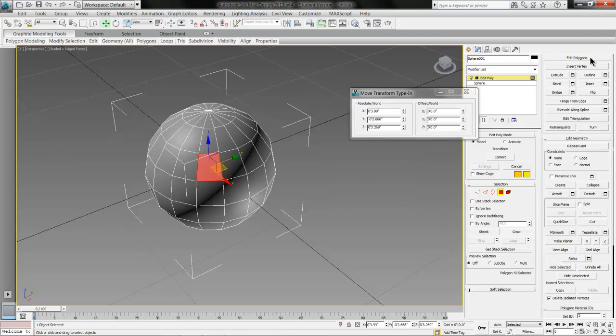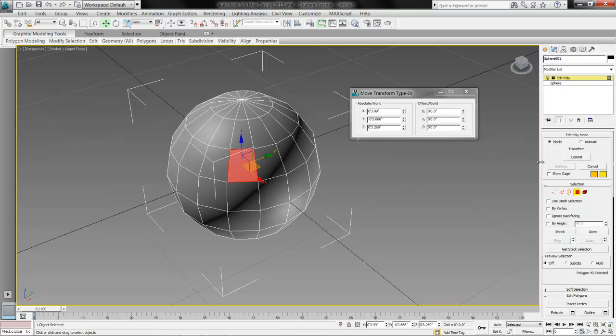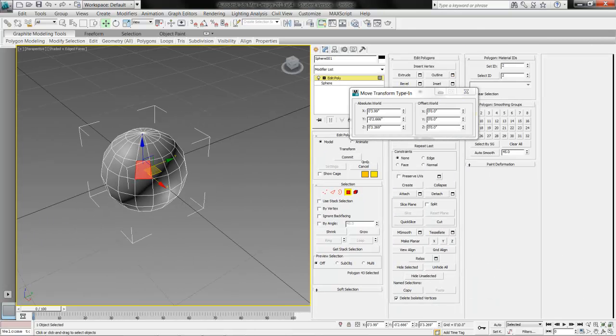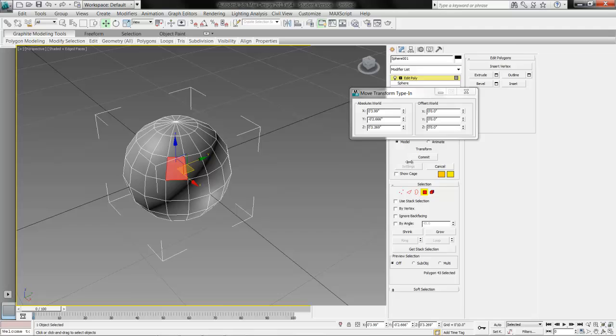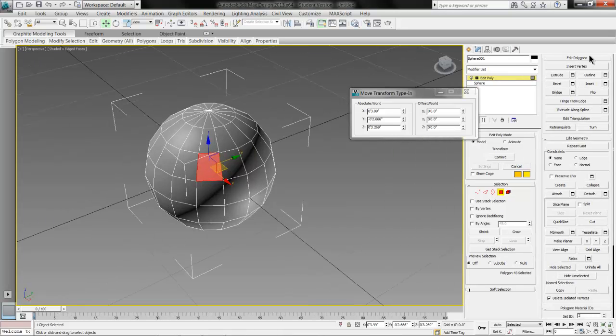under Edit Polygons. How did you open that again? Oh, I just stretched this out. So if you put your cursor here on the edge of the viewport, you can... oh, nice. Yeah. So you could just pull this out as much as you want. So here with the polygon selected,